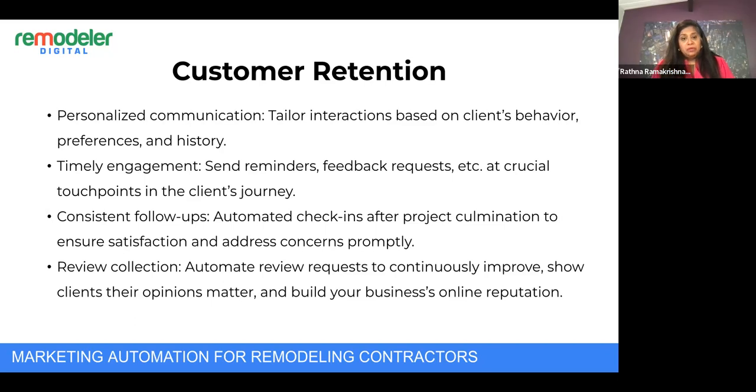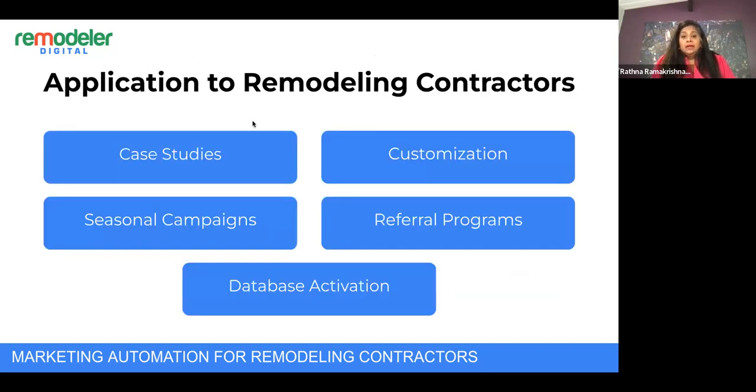You're able to communicate with them. And you can share case studies. You can have videos and photos. You can do seasonal campaigns. So one of the things that we do is, I have a contractor in Minnesota where the baseball league is really big, the youth baseball league. So what he does is he buys a bunch of tickets, and we just send out a campaign where we're like, hey, book an estimate, book an appointment for an estimate, and we'll give your family a pack of 4